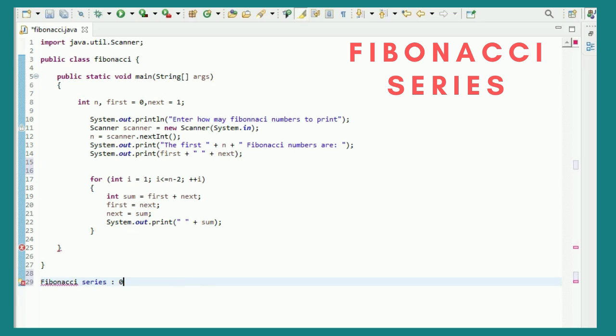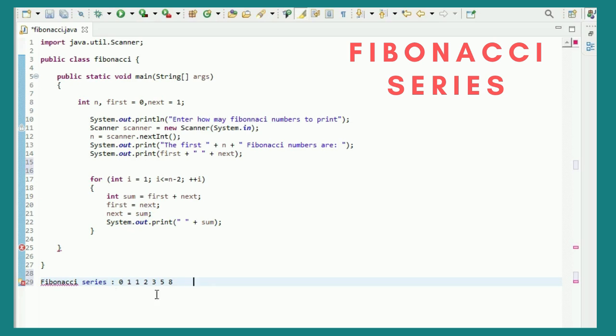It starts with 0, first number is 0, second number in the series is 1, so the third number will be addition of the first and second, so it will be 1. The fourth number will be addition of the last two numbers, so it will be 2, next number will be 3, similarly the next number will be addition of last two, so 5, and so on. So the next number will be 8. So the series continues longer.